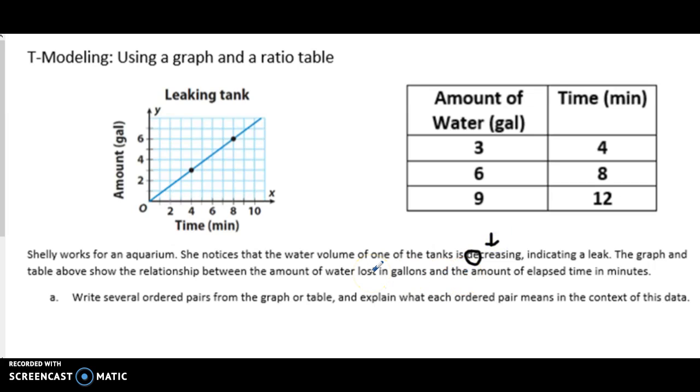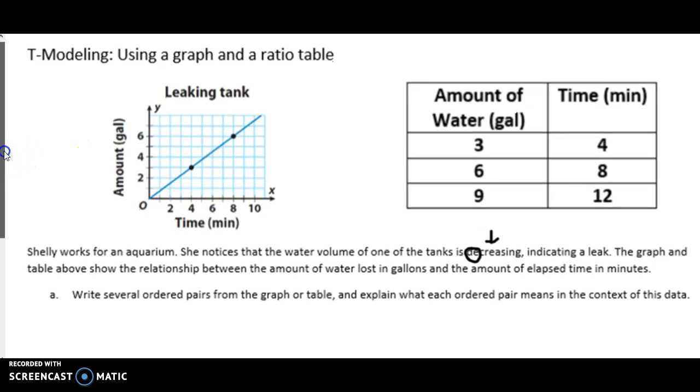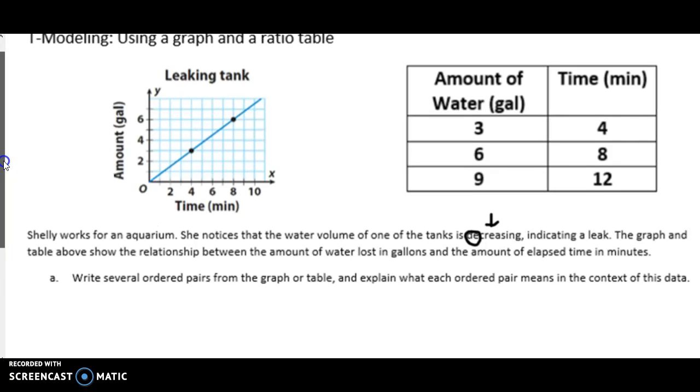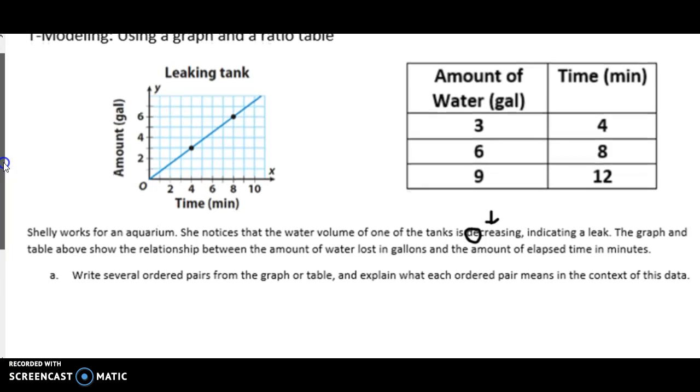The graph and table above show the relationship between the amount of water lost in gallons and the amount of elapsed time in minutes. A. Write several ordered pairs from the graph or table and explain what each ordered pair means in the context of this data. For the purposes of this video, teachers, I'm just going to model one ordered pair for the sake of your